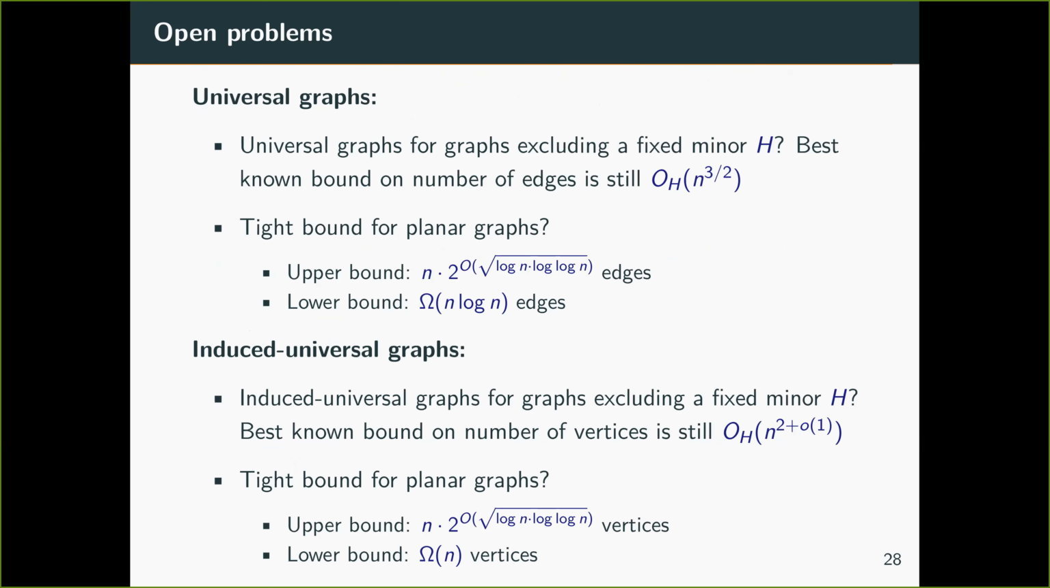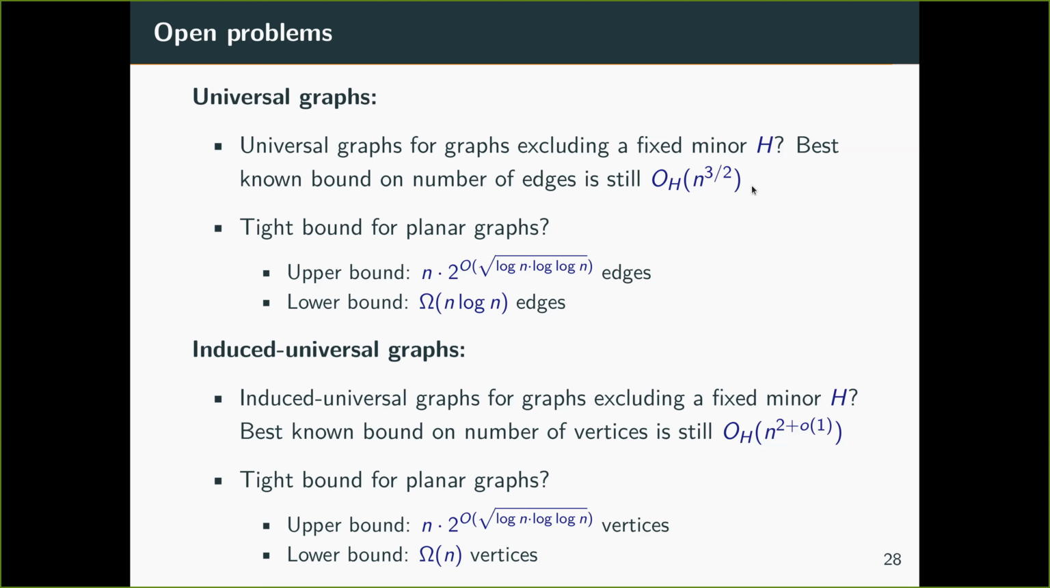Okay, so let me quickly conclude with the open problems in this area. By the way, it's a really fun topic. It's really a fun area to work in. So if you're interested to have a look at one of these problems, I really encourage you to. At least I find it really nice. So the first question for universal graphs is, what about if we exclude a fixed minor h? Well, if h is arbitrary, then in general, we don't know better than an n to the 3/2 bound on